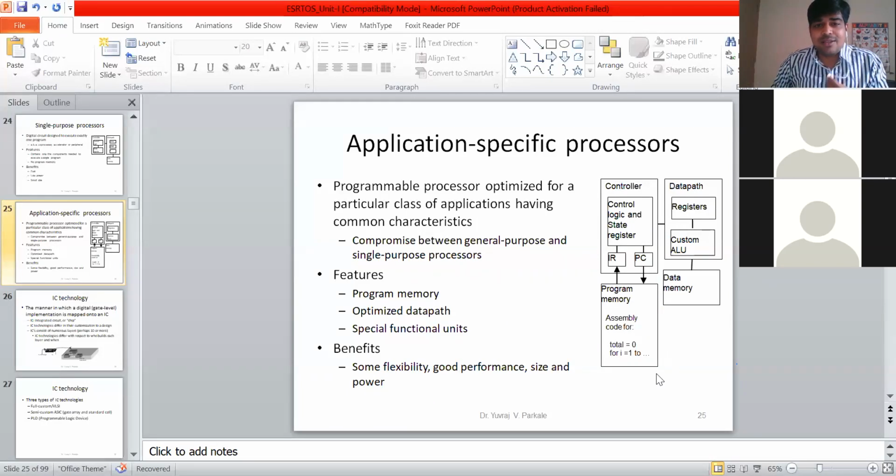Now, what are the examples of application specific processors? I will tell you two types. First is a microcontroller and second is a DSP processor. The application of microcontrollers is in embedded systems.